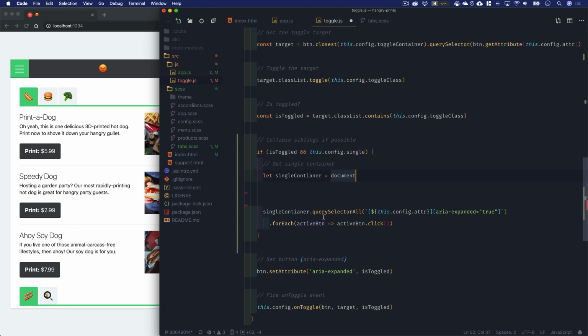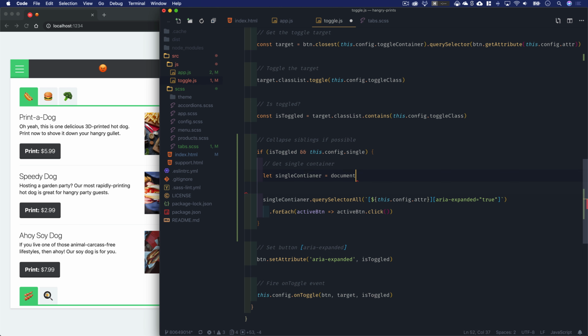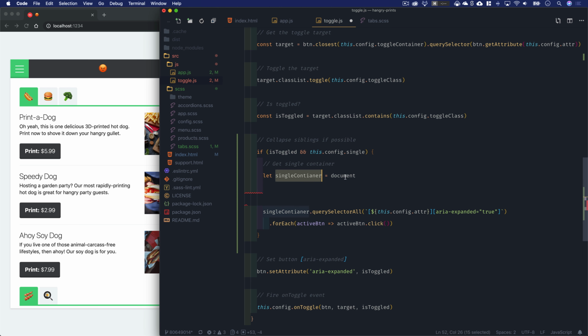So this is currently going to do the same thing that it previously did. We're going to set single container to, whoops, I didn't spell that right, container to, and we're going to reference the document itself. But if you've set this.config.singleContainer, then instead of using document, we will set single container to